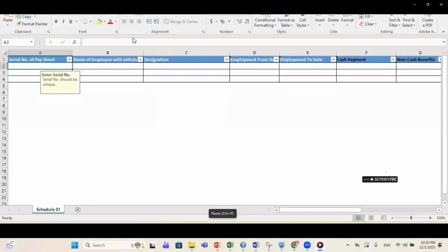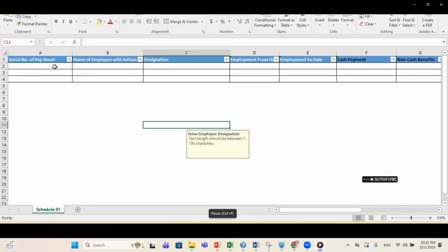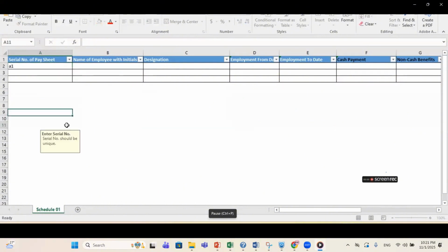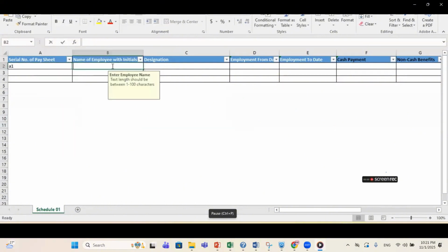You have to click enable content, and then enter the data. I purposely entered some data with errors here, and we'll see what happens if I enter data with errors during the process of verification, I mean verification via tools.